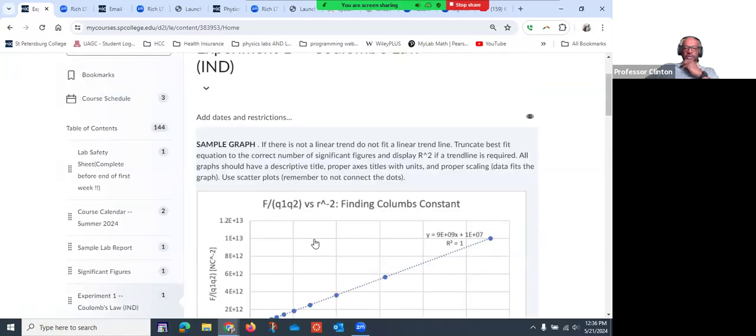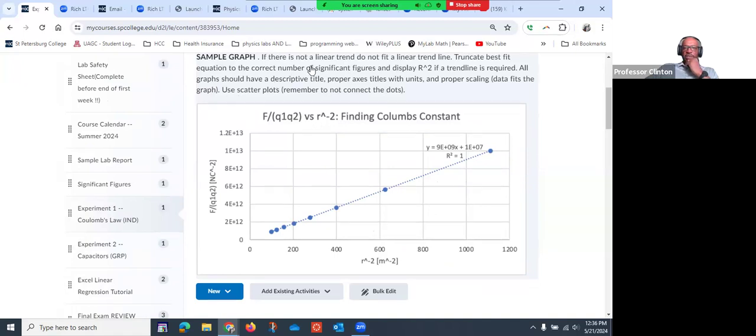So read, as it relates to the sample graph, read over this. It talks about how you should, I'm not a big significant figures kind of guy, so I wouldn't worry too much about that. I would worry more about defining what the graphs correspond to and labeling the axes properly. So don't just go ahead blindly using some graphing mechanism to get your answers. Make sure that you utilize and are able to retitle these